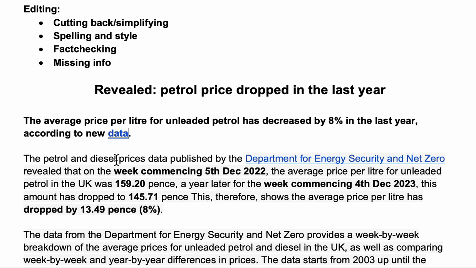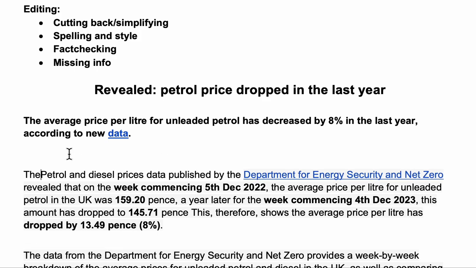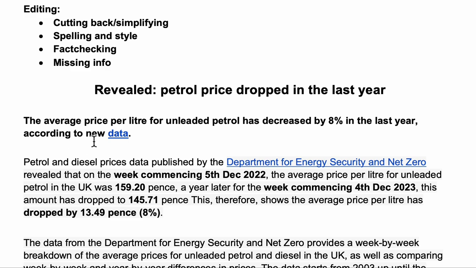Now we can move on to the second paragraph, and the second paragraph is often where we're going to add more information about who and where and when, and those less important facts about this story. So we've got the who here, the Department for Energy Security and Net Zero, so that's good. We don't need the here, we can just go straight into petrol. Petrol and diesel prices data published by this department revealed that on the week commencing 5th December, now, we're talking about last year here,